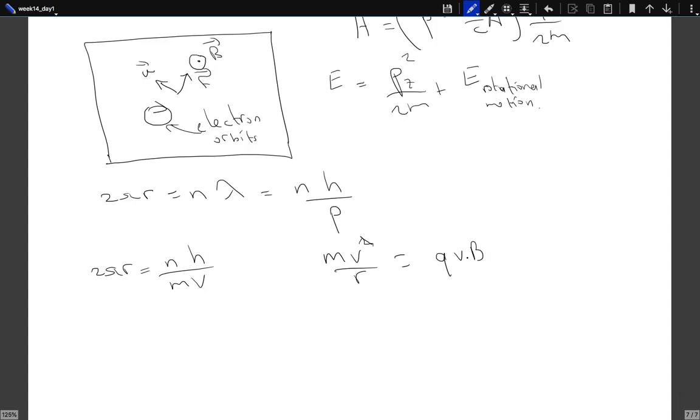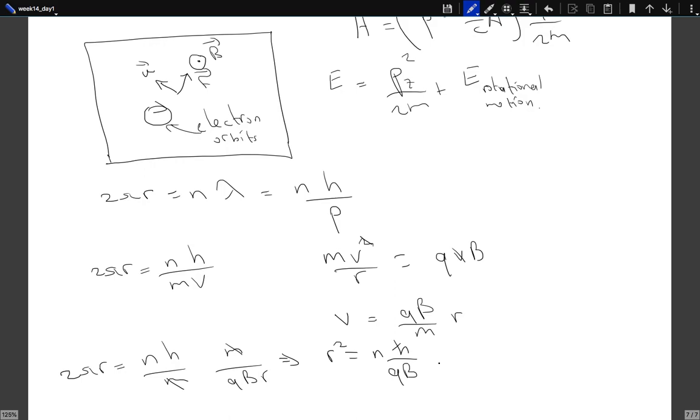Well, let's simplify this one. This tells me that v should be equal to qB over m times r. So if I substitute it over here, 2πr should be equal to nh over m times 1 over v, which is m over qB times r. The m's will cancel. This tells me that r squared should be nħ over qB. These are the possible radii